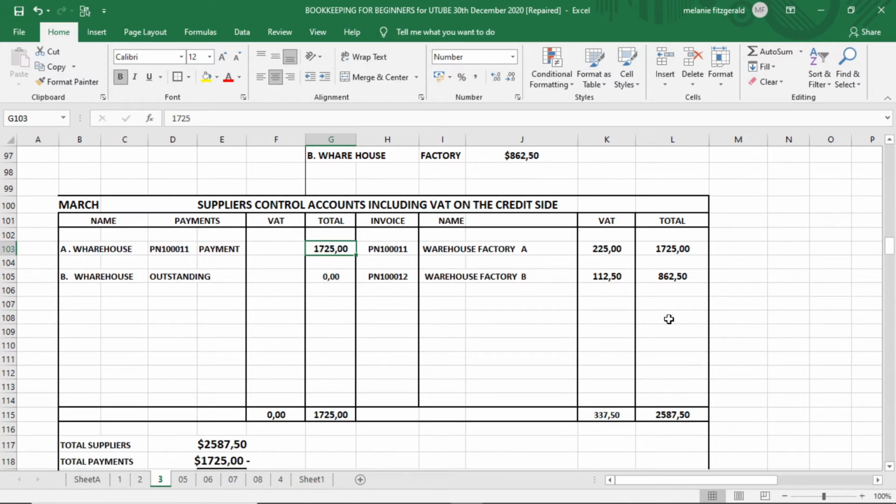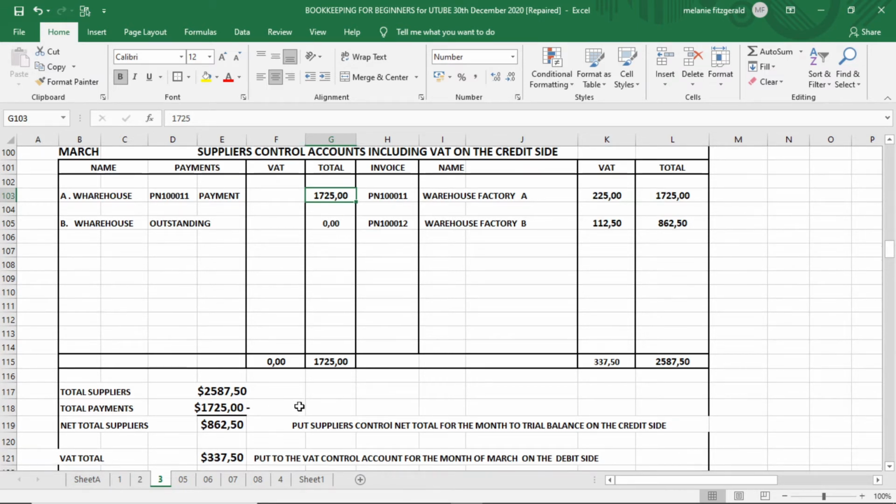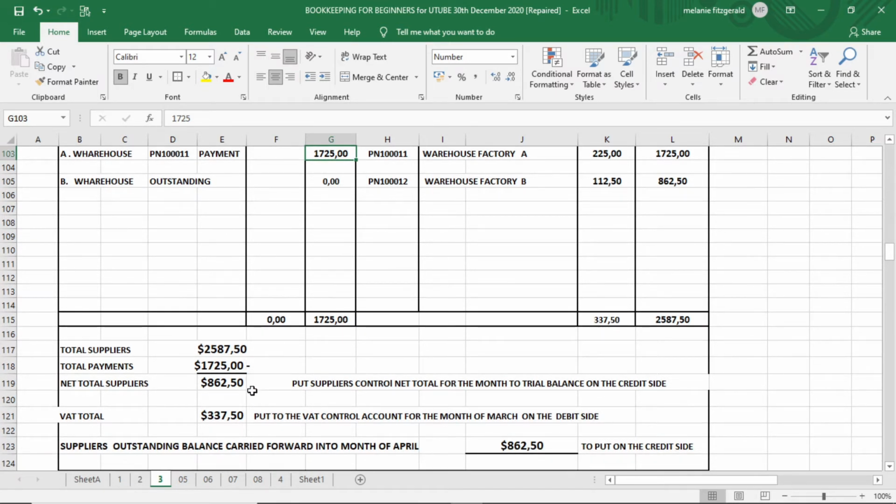So we add up the totals of the credit, that's $2,587.50. We add up the VAT, $337.50, and we add up the debit side of what we've paid to factory A. Factory B is still outstanding. So it comes to $1,725 in total. We take the total supplies that we owe them, $2,587.50, and take away the total payments that we've made, for example, to factory A, the total amount on the debit side, and we get to a net total to the suppliers of